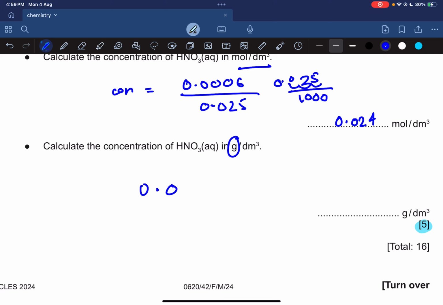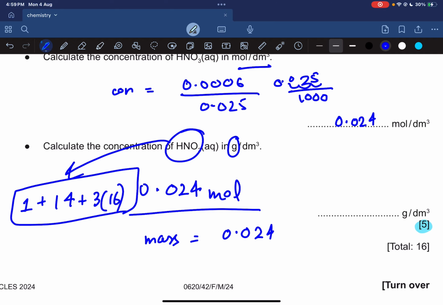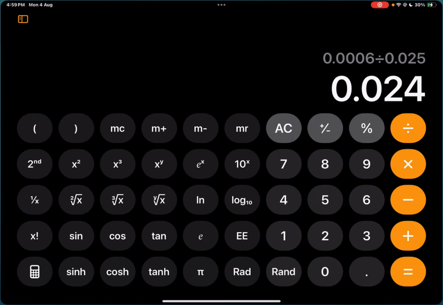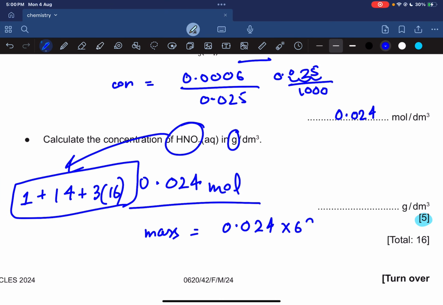So I have 0.024 mole, and I have to convert this into gram. How do I convert moles into gram? Mass equals moles times Mr. So moles are 0.024, and the Mr of this is going to be, hydrogen is 1 plus nitrogen is 14 and oxygen is 16. So 3 times 16 because I have 3 oxygen. So 1 plus 14 plus 3 times 16, that's 63 multiplied by